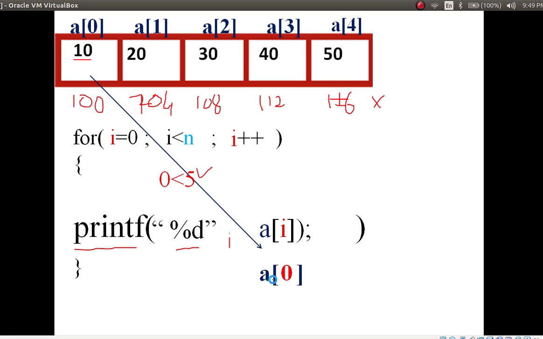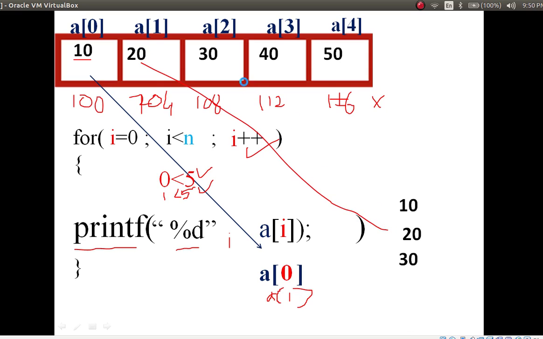So a of 0 has the value 10, 10 will display. Next, increment the i value. After incrementing the i value becomes 1, less than 5, condition is true, execute the next statement. i value is 1. So a of 1 is how much? a of 1 is 20. 20 will display. Then increment the i value, it becomes 2, less than 5, condition is true, execute the statement.